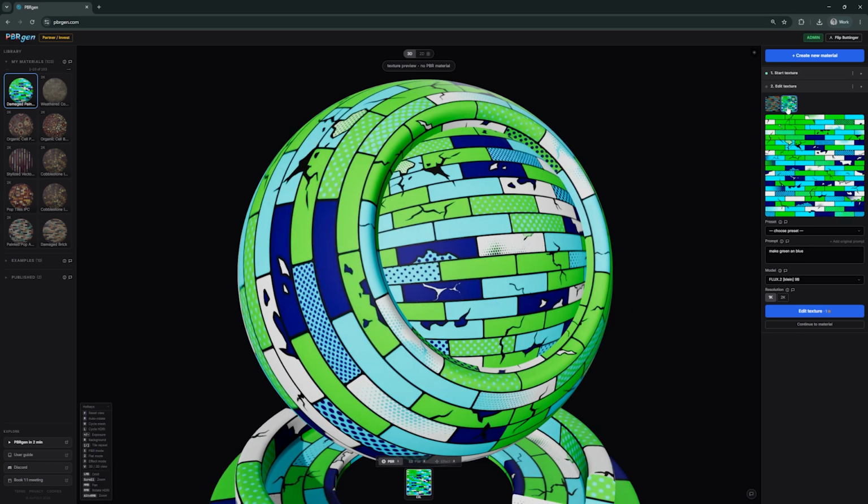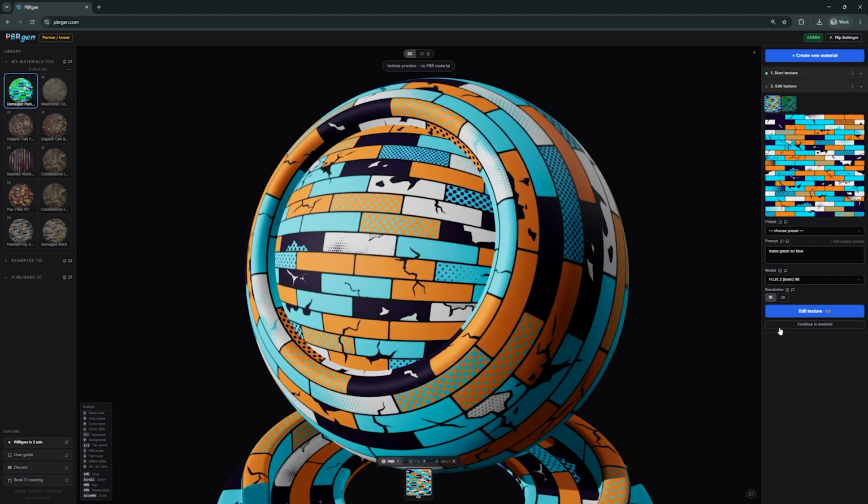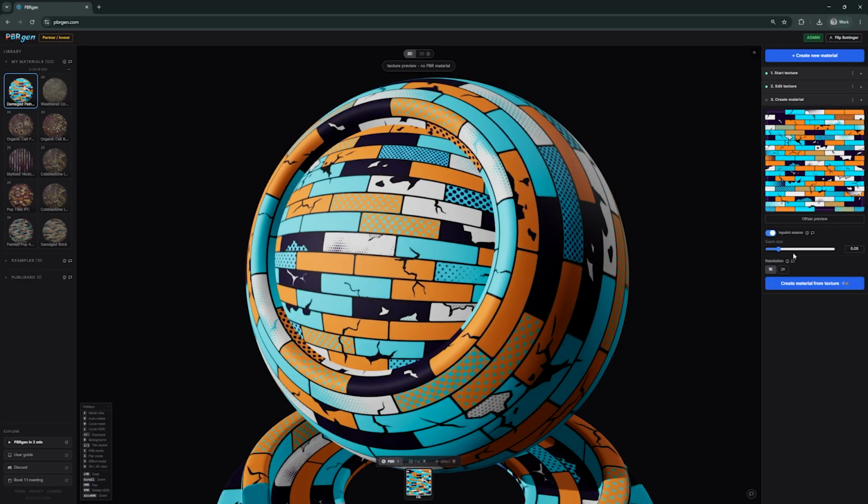Well, I like this one, so I'll just continue with this. And then it's the same thing in this step. You hit continue to material. Then you go to step three, and that's where the PBR maps get created. Choose a resolution and a seam size. This was already